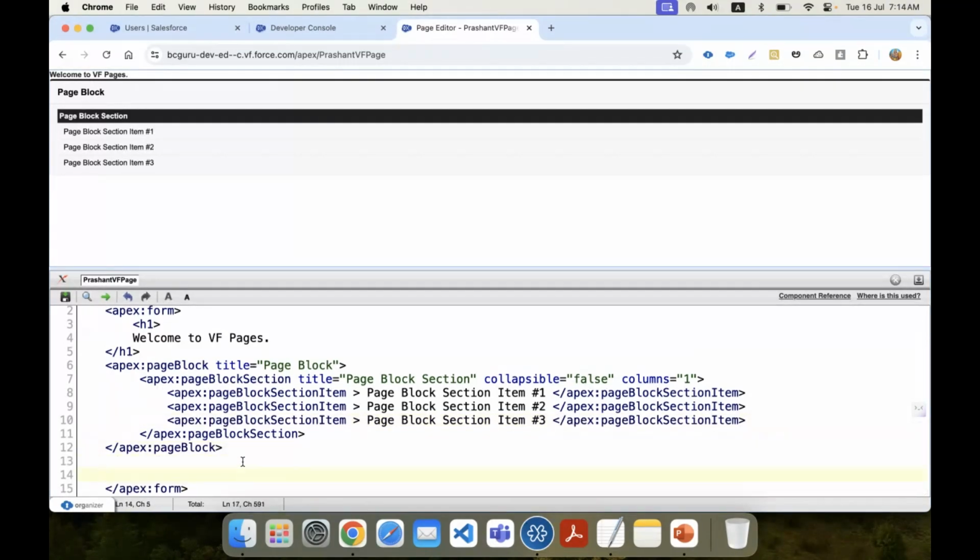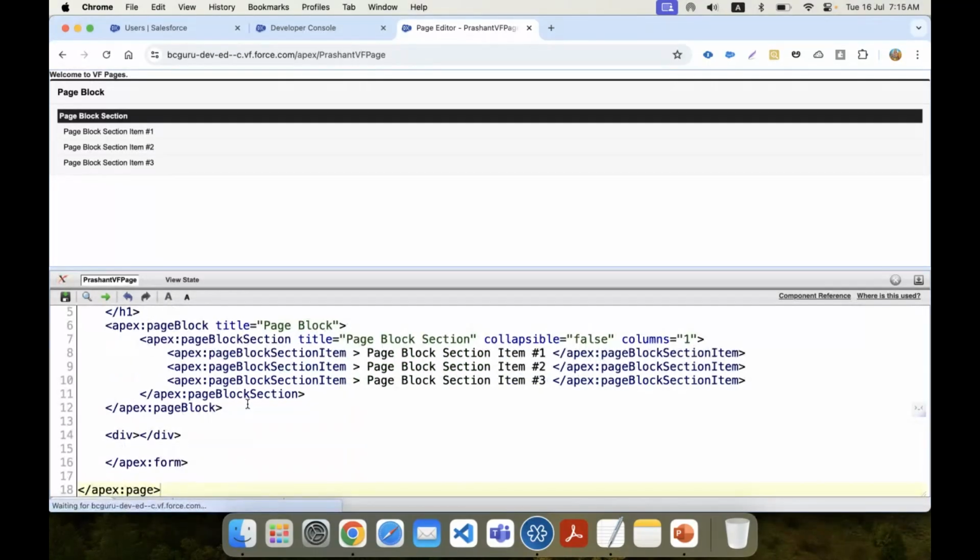Then after, separate division. So in that,